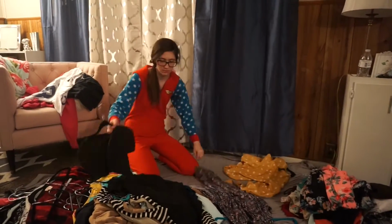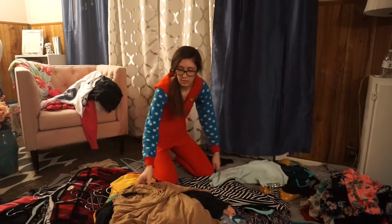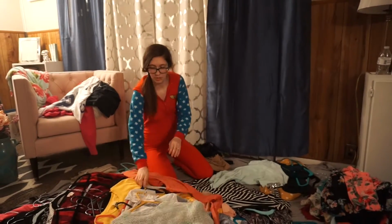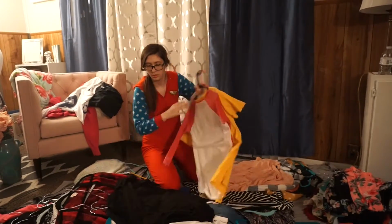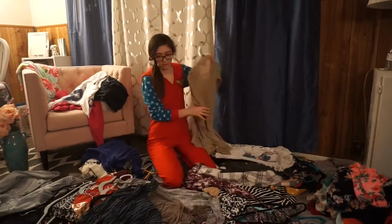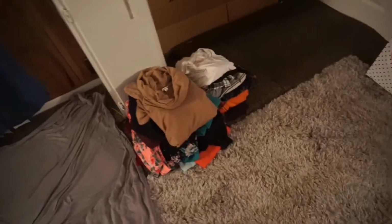And now this is my keep pile, and I am going through it, sorting it. I end up getting rid of even more things, which I was really proud of myself for doing. And then I also take my winter sweaters off the hangers because they're no longer on hangers, and I was putting them in storage because even though spring is a few weeks away, since I was going through all this, I just did it all at once to be easier. That is my hang stuff, and then I show you my get rid of and sell pile,